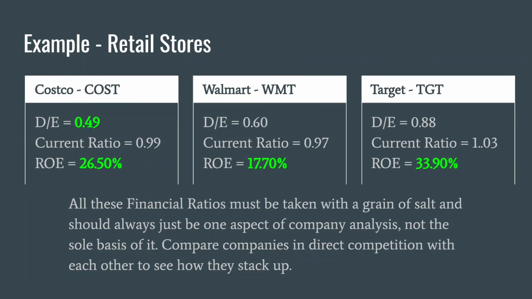And we can see the current ratio for all 3 companies is just hovering around 1. So we can see that maybe 1.5 isn't realistic for a retail store, because these are retail stores that are like the market leaders, and they don't have 1.5. So maybe that's something that we have to compromise on. But the return on equity is way higher than the 8% Warren Buffett suggests. And Costco is the only one that has a debt to equity ratio below Warren Buffett's threshold of 0.5. So this is just how you need to go about it. You need to compare. You need to see if something jumps out, if something's wrong.